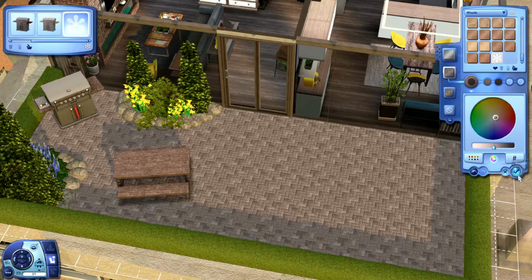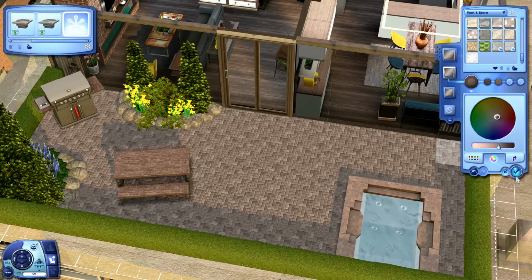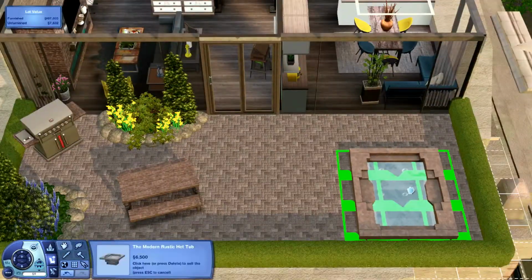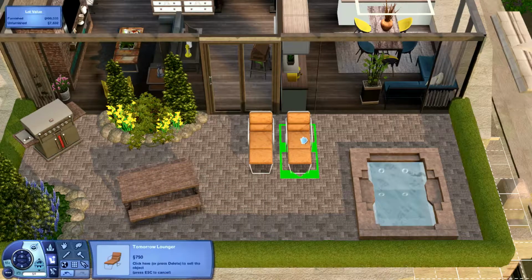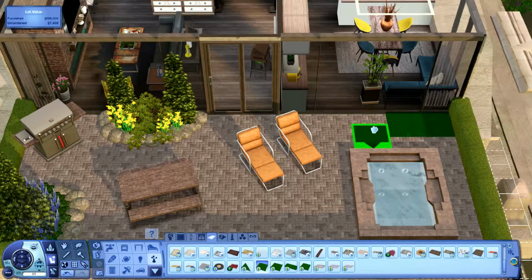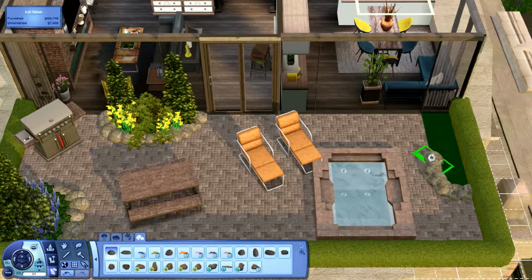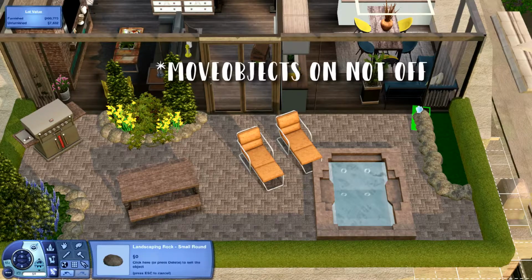So here we are on the lower outside deck, and you can see I've placed a barbecue down. I've got a picnic bench in there, but I thought we're gonna swank it up a little bit, so I do end up changing out the picnic bench for a table. And the hot tub. Now that is where my indecision came into play. It took me forever to find a space for it, and then at one point when I turned the move objects cheat off,